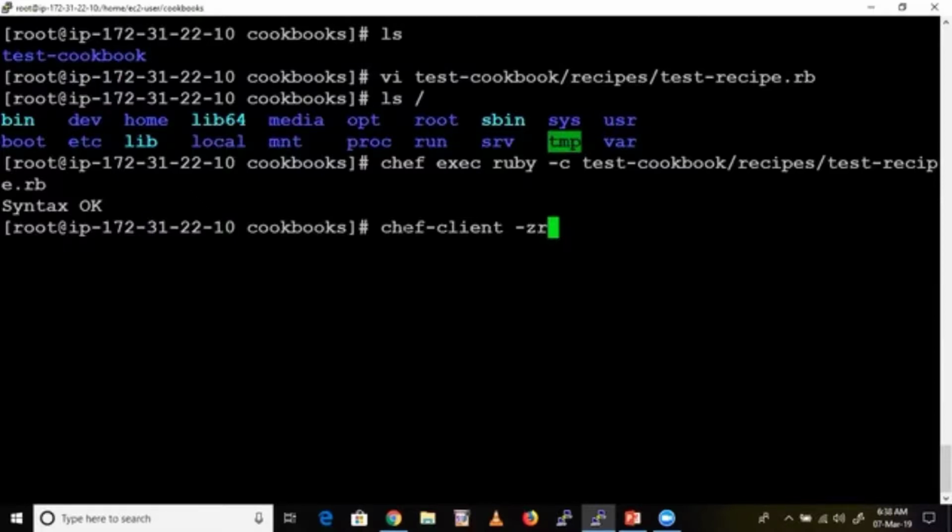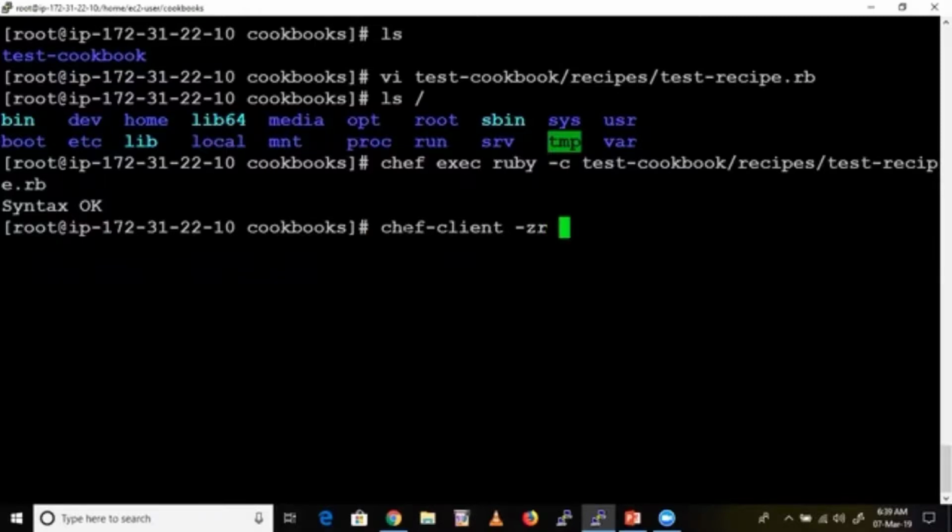Z means local mode, and R means run list. Don't worry about the run list as well, we have a detailed topic on it. Just remember that -z means local mode. Later on, once we deal with the Chef server and nodes, we need to remove -z because there we are not going to apply locally anymore. As of now we are applying locally, so we need to give -z.